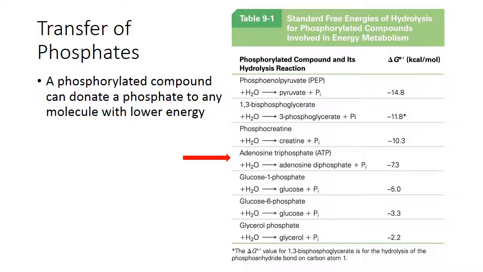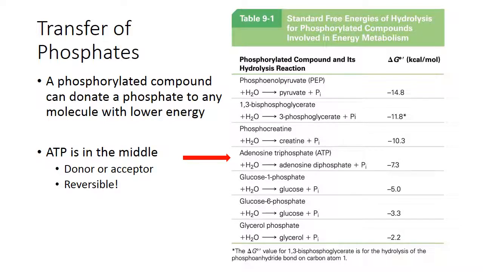So ATP is here right in the middle of this chart, which is actually very important. So this means that ATP can act as a donor, so we can donate one of its phosphates down the chain to one of these other molecules, or if we have the diphosphate form here, ADP, it can actually be phosphorylated by one of these that are above it. So those can add a phosphate group to ADP. So ATP being in the middle here means it can be a donor or an acceptor of a phosphate group,